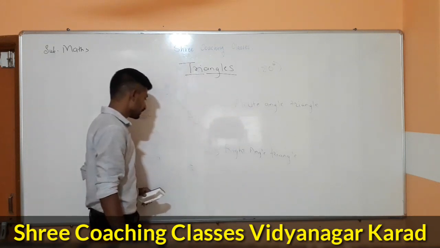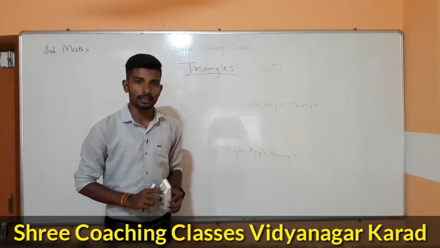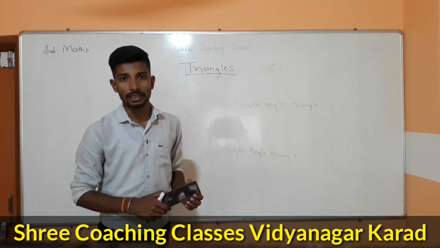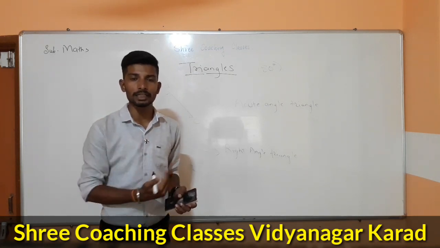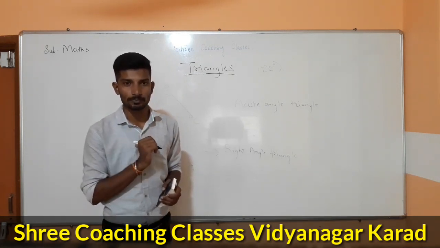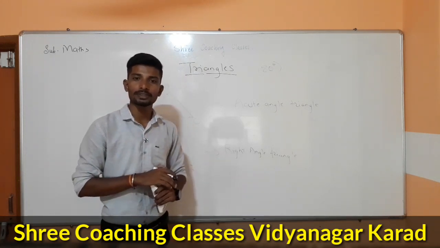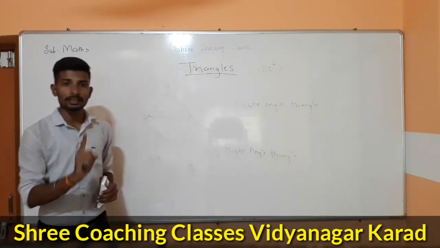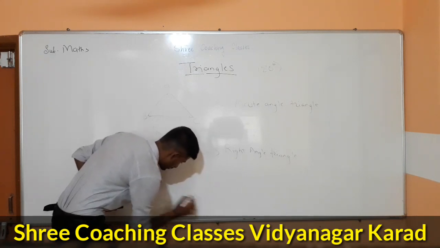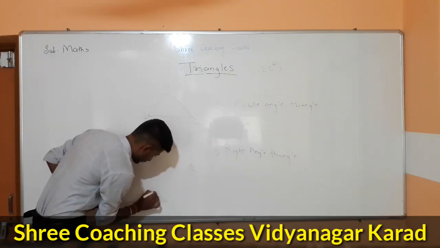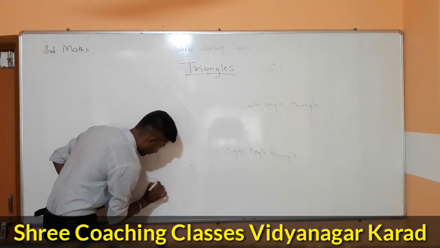Okay, now the third part, when there is one obtuse angle. Okay, what is obtuse angle? The measure of angle which is greater than 90 degree, then we call it an obtuse angle. Okay, when the angle is bigger than 90 degrees, what do we call it? Obtuse angle. Okay, then even if one angle in a triangle is obtuse, suppose like this type, one obtuse angle.